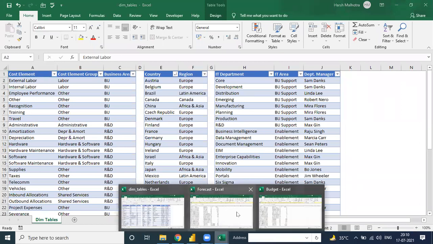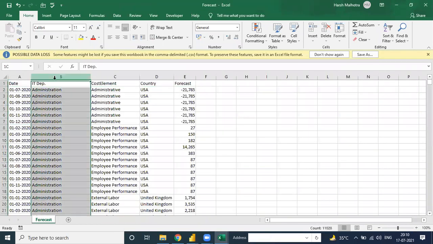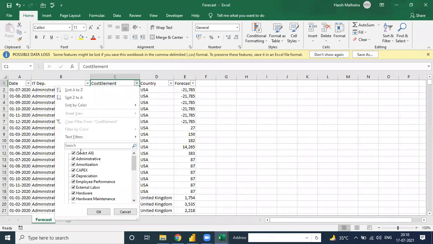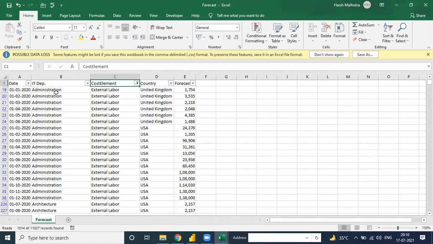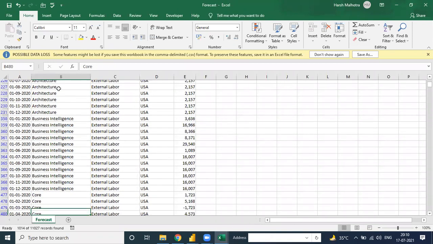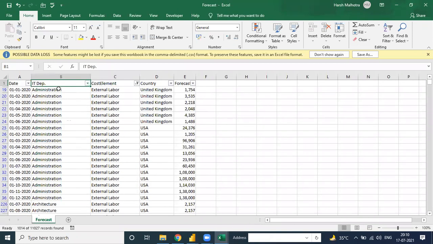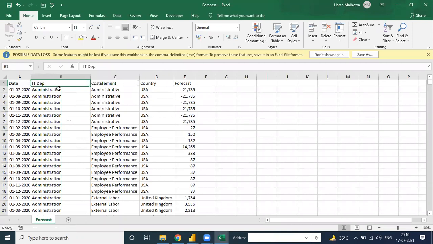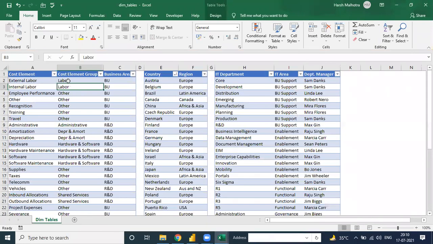But when you see it in the forecast, in the cost element, when I filter external labor, you see external labor under administration, as well as USA and business intelligence, this kind of data. So it is our fact table, and it is a name table because one task is doing only one task.